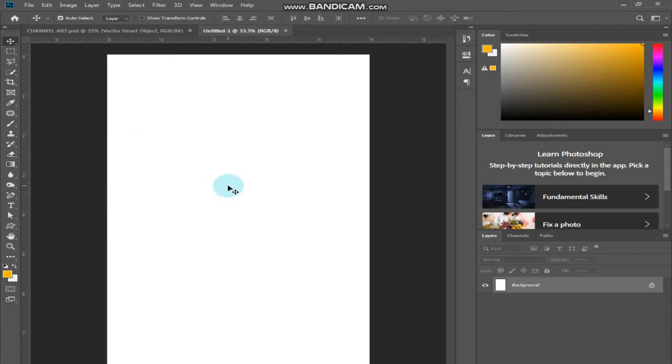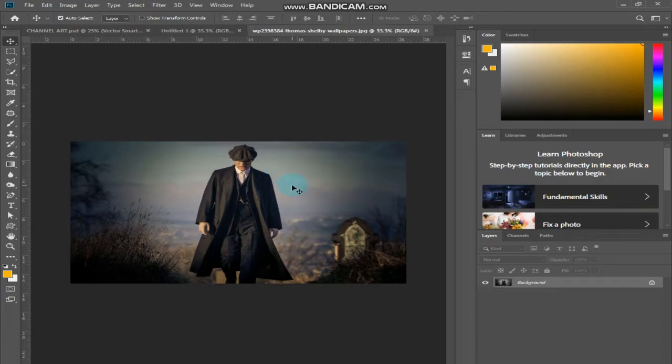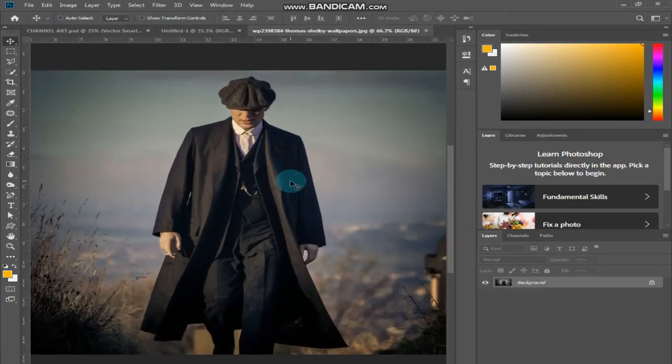So here is the main screen, the main preview where I am going to work. First of all, I will press Ctrl plus 0, so it fits the screen. Now first of all, I have to take the character Thomas Shelby, on which I am going to create the poster. For that, I have already downloaded this picture. I am going to open it. Here it is. Yes, it's a very nice, cool picture of Thomas Shelby. Now I am going to take Thomas Shelby out of this picture, so I can use it in the poster.